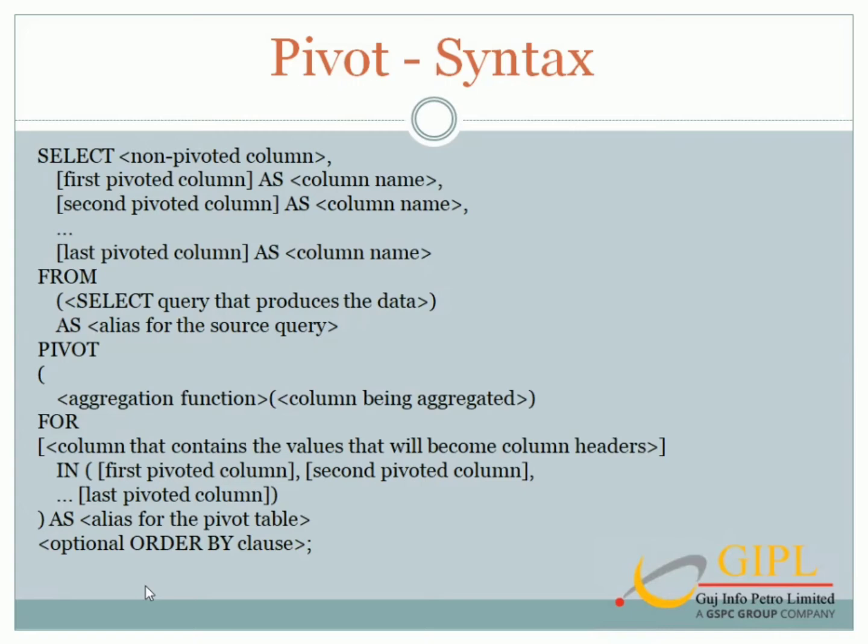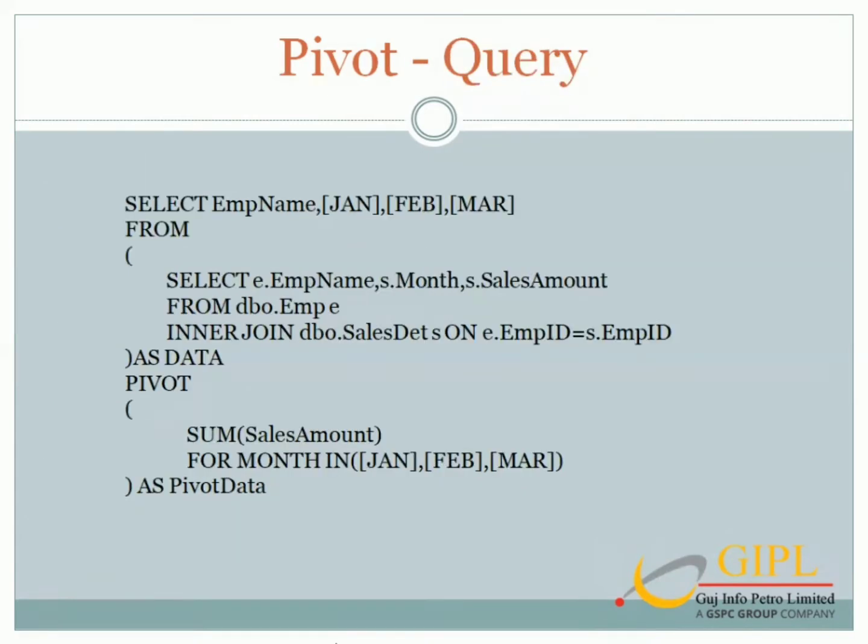Now let's look at how to write a query using pivot to achieve the output mentioned in our scenario. Here I have written a simple inner join to get employee-wise monthly sales from two different tables. After that, I have used the sum function to get the employee-wise total of each month's sales. As you can notice, I have fixed the months here: January, February, March. So this query will return only 3 months of sales for the employee. If you want to get data for all the months for which sales are done, we need to create a dynamic query using dynamic pivot, which we will see later in this video.